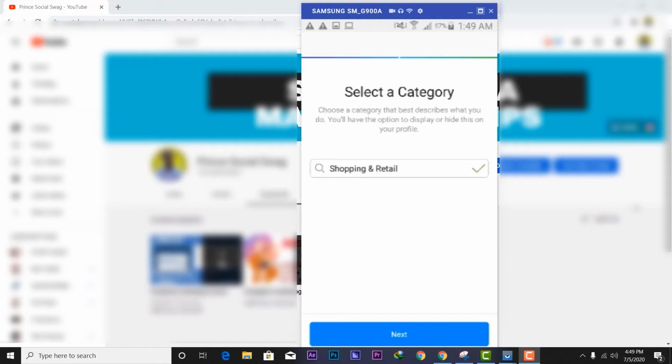I recommend this option if you need to apply for the Instagram shopping features, if you are in a country that is allowed to apply for Instagram shopping. So after choosing your category, you have to click on next.